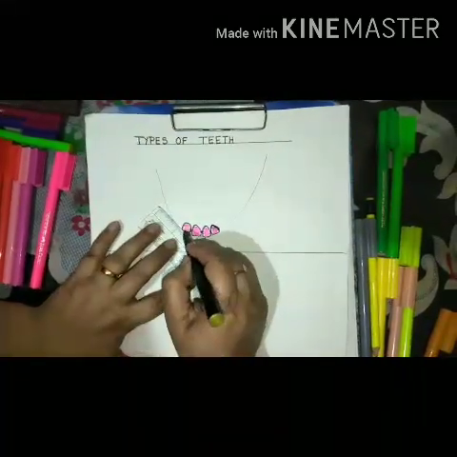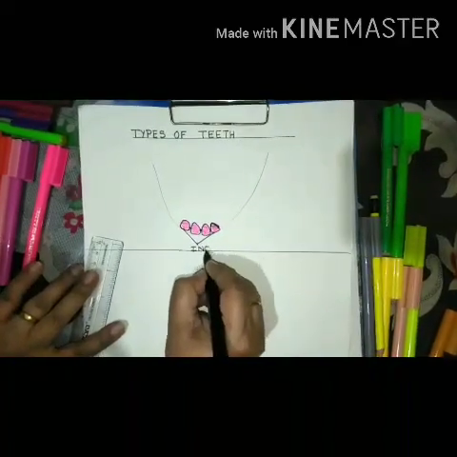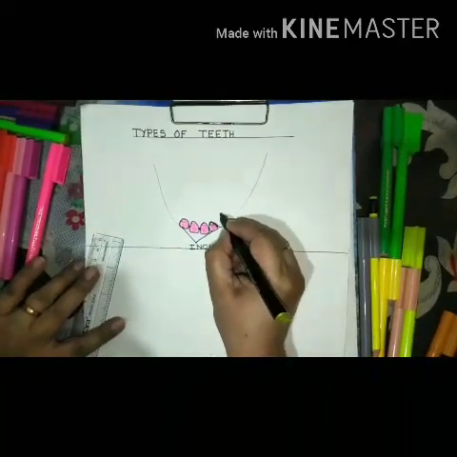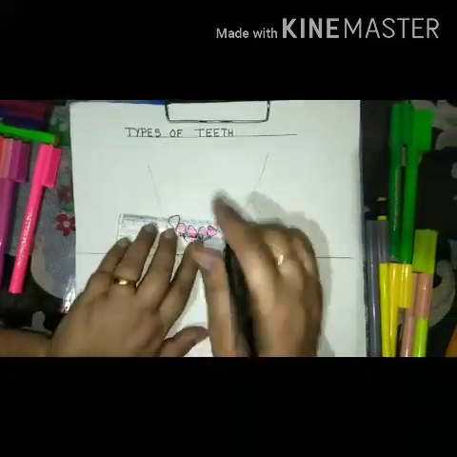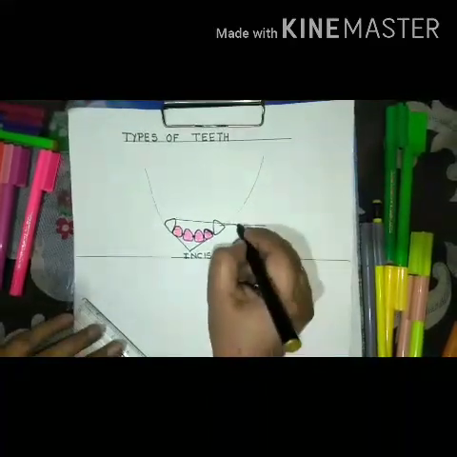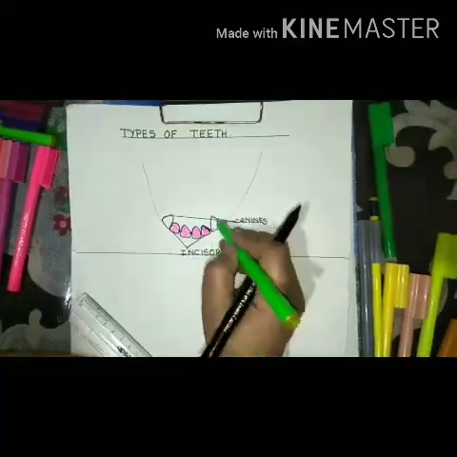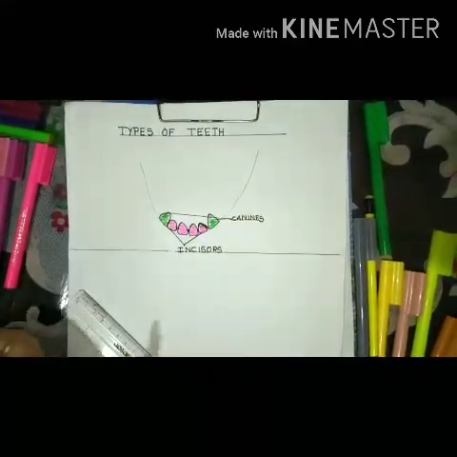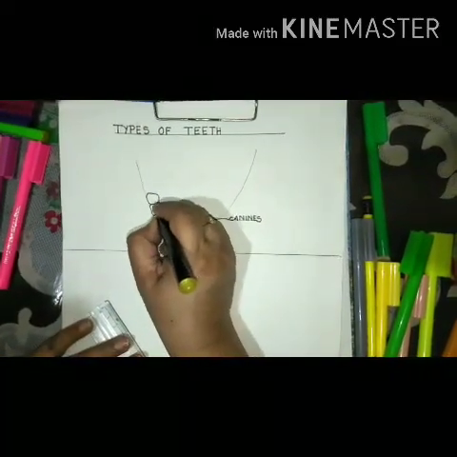Next we come to the canines. Let us mark here the incisors. These 4 are the incisors and I have shaded them pink color. Now I have drawn here the canines. Canines are known as staring teeth and they are found next to the incisors. They are quite sharp and pointed, also known as the cornerstone of the mouth, and are long and sharp